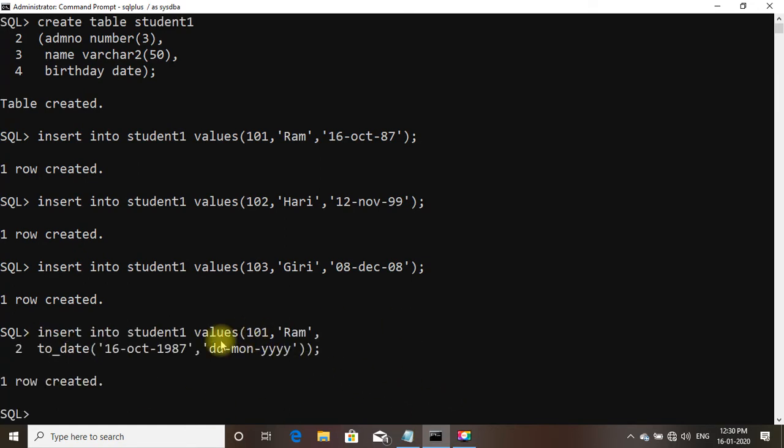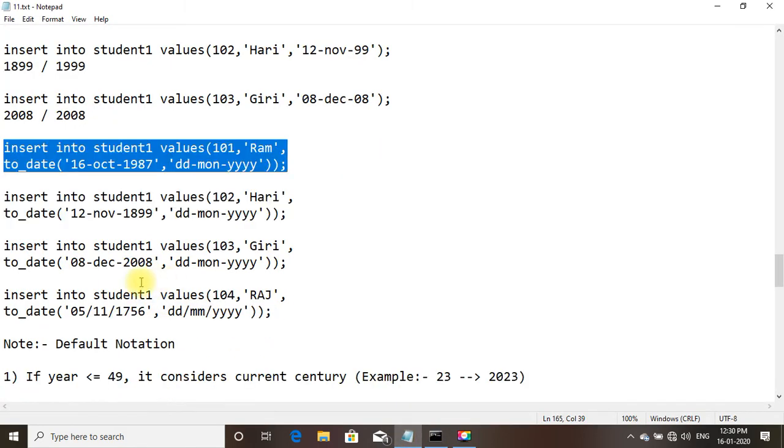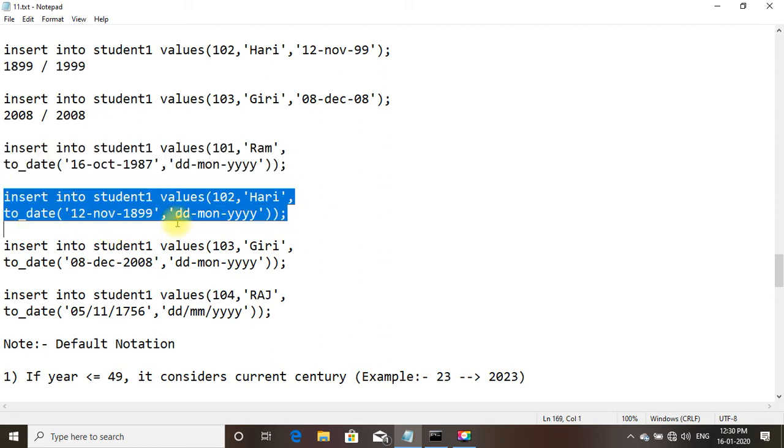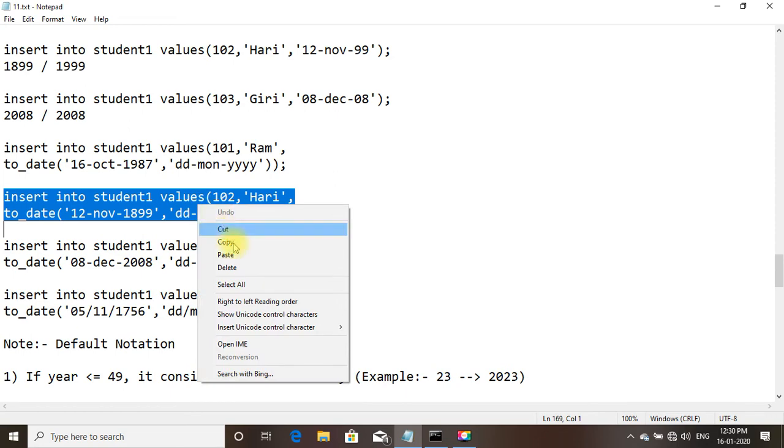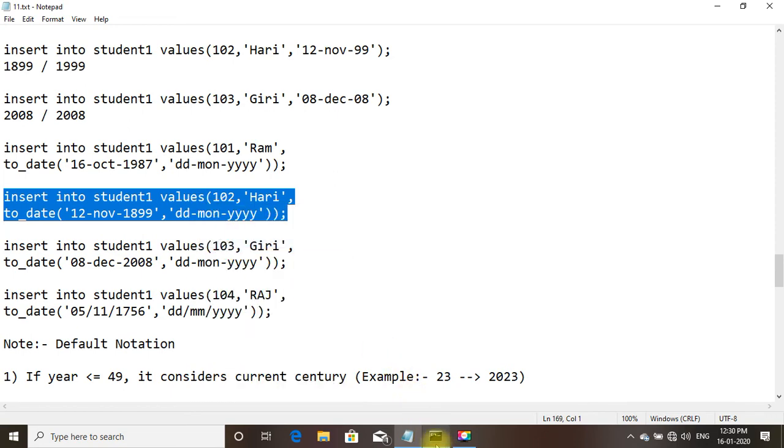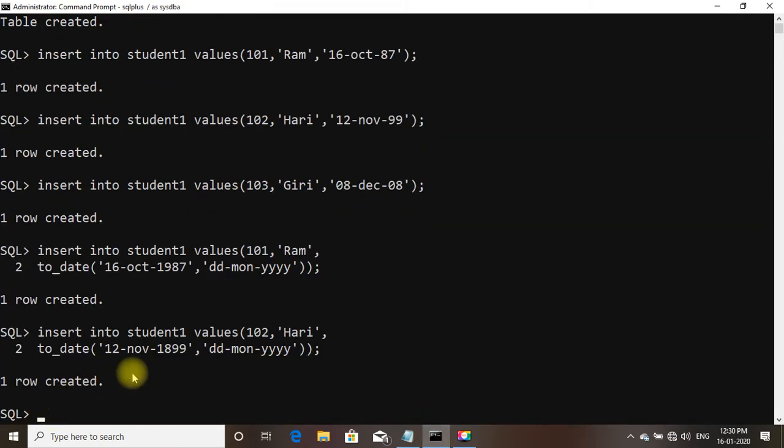One row created. Again we shall insert, copy and paste.